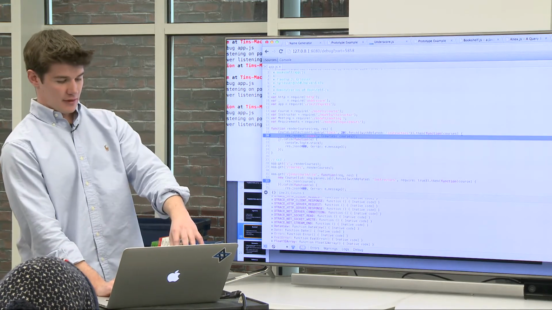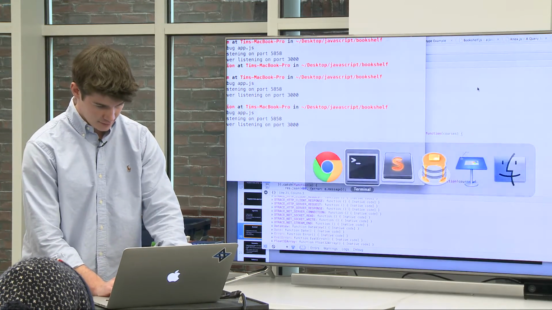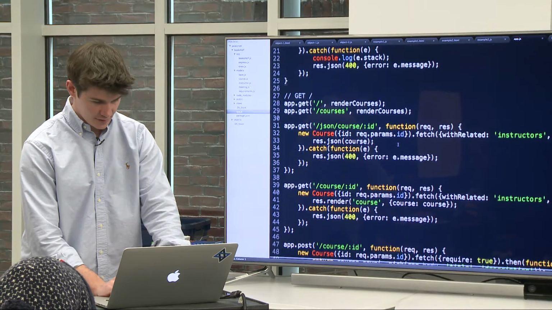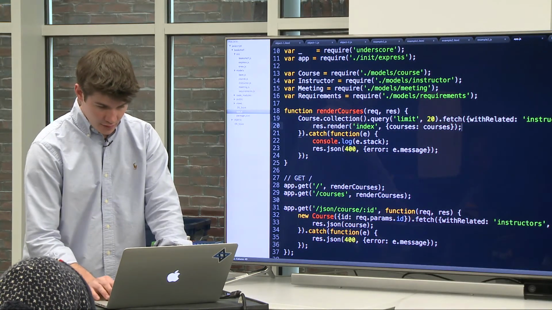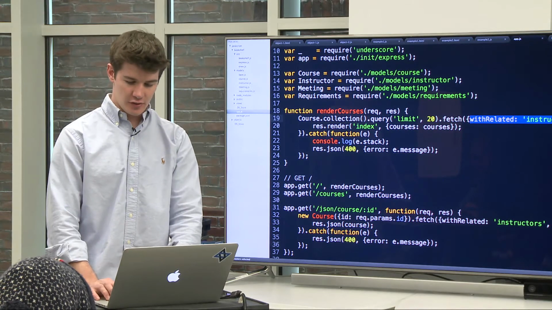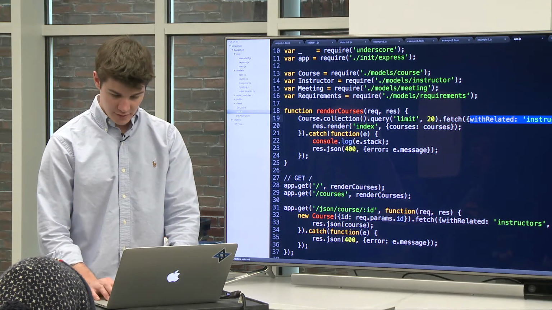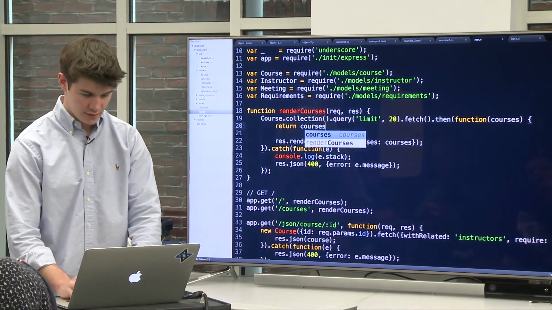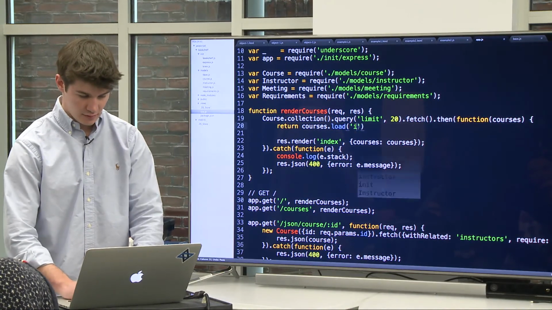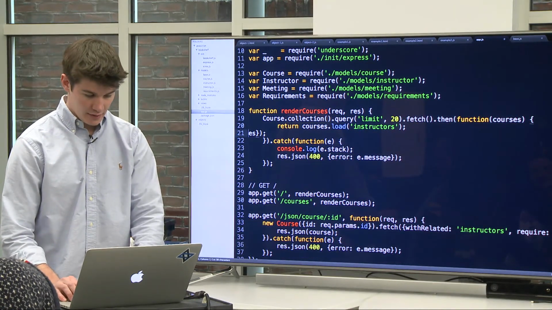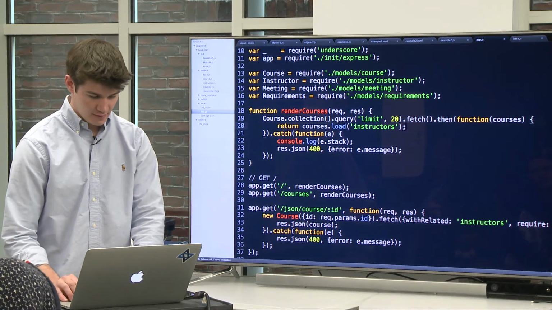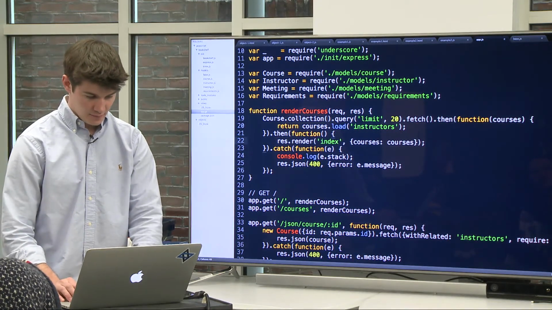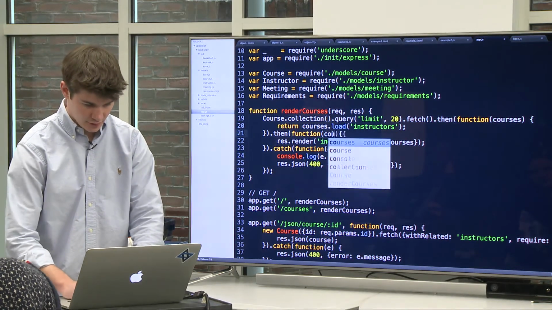And then let me show a few more examples implementing promises. So instead of doing this with related instructors here, I'm going to go ahead and move this to fetch, and then the courses, I'm going to return courses.load instructors. And then I'm going to call then, so then at this point,